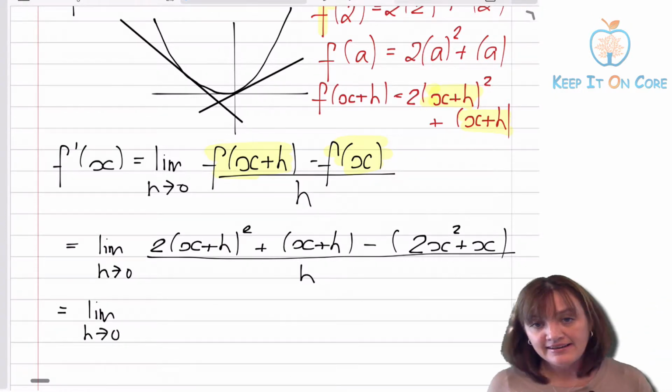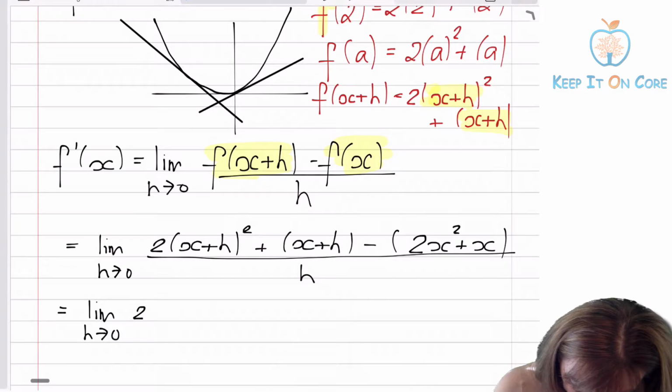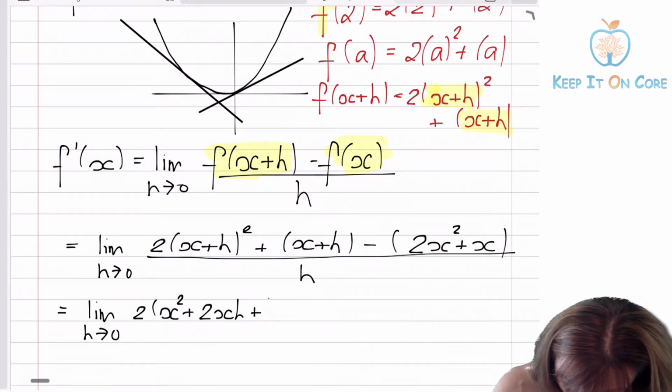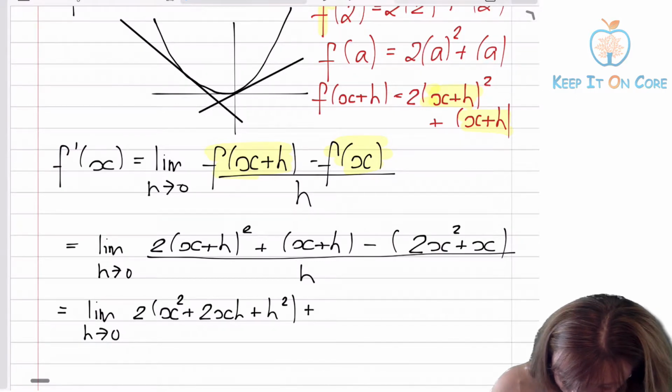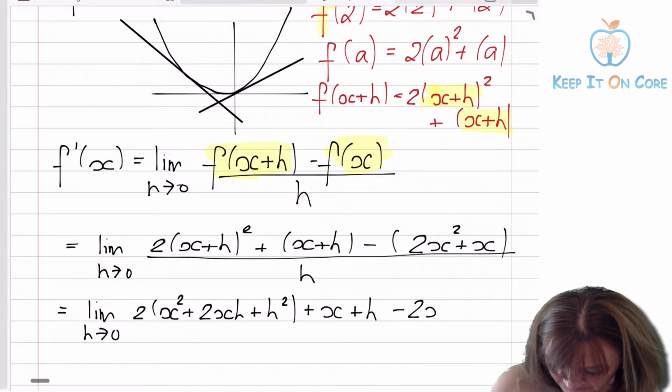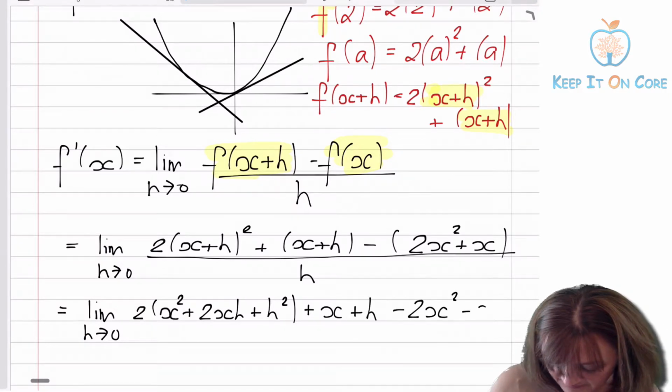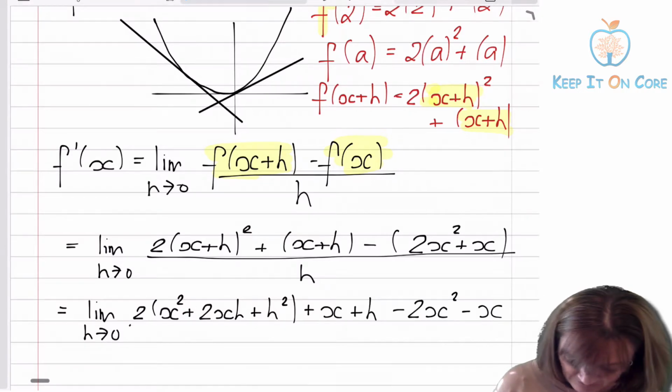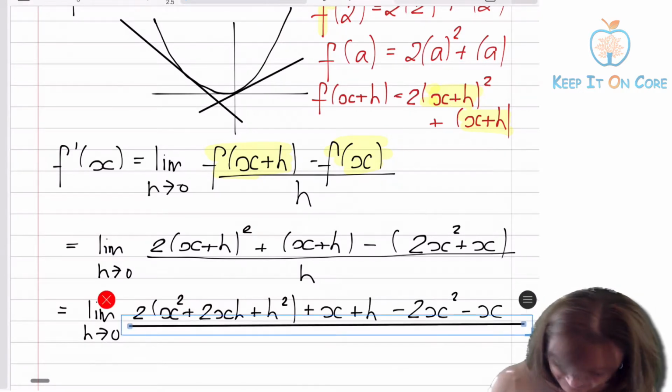And now it's a bit of tidying up. I need to multiply this all out. So this is going to FOIL out. So we've got 2 times x squared plus 2xh plus h squared, then plus x plus h, and here my negative will distribute into the bracket to give me minus 2x squared minus x, all over